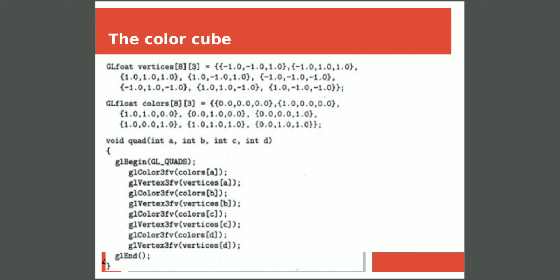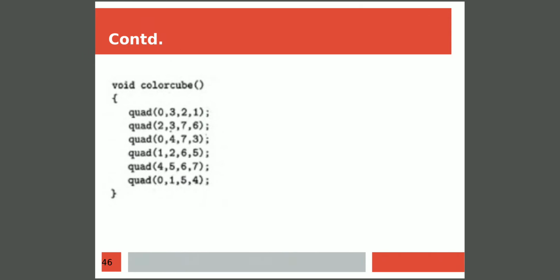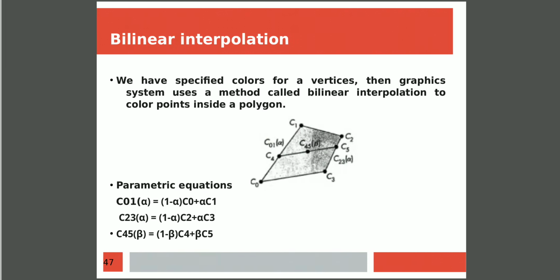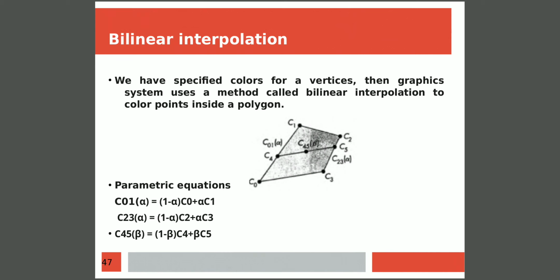Similarly, we are defining the other 3 vertices for a quadrilateral, where for each vertex we'll define its corresponding color followed by the vertex. This code will get executed 6 times because we are calling the quadrilateral function 6 times over here, and we are going to assign a different color for each vertex. Then, as you know, in the previous discussion, I said in the colored cube, we are going to assign a different color for each vertex of a cube.